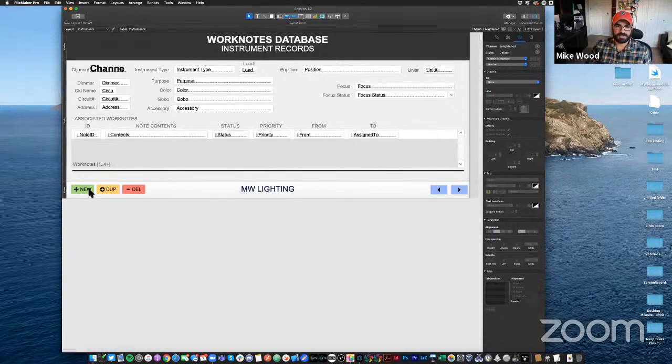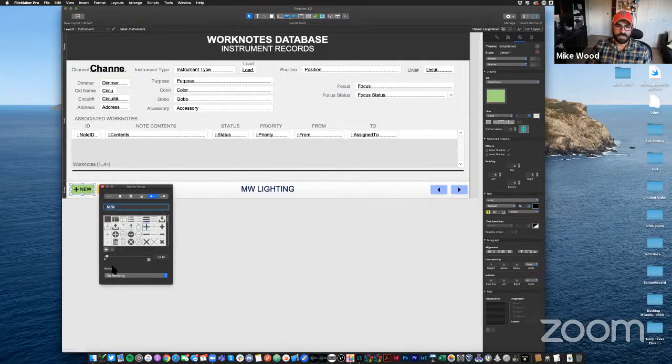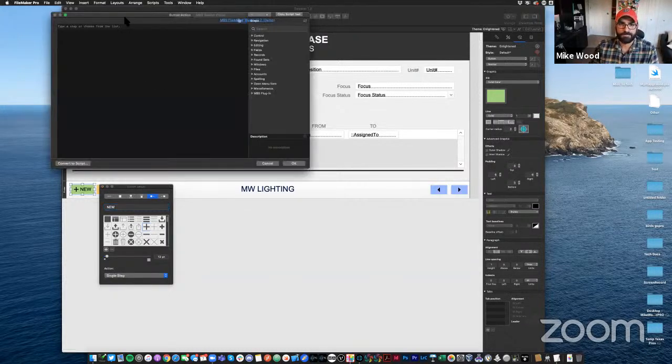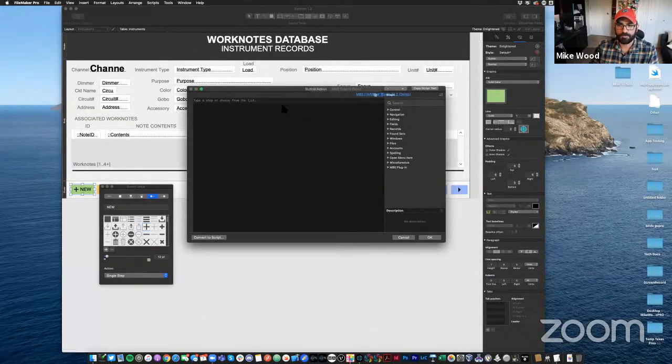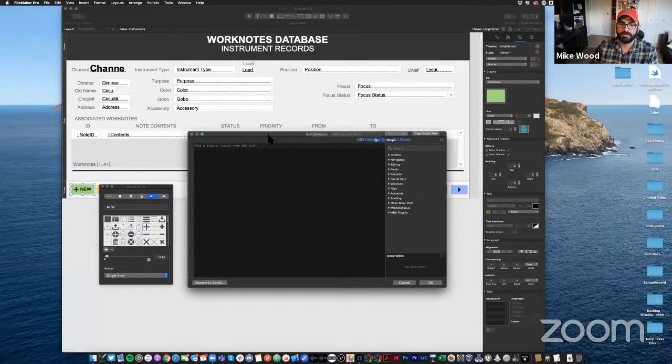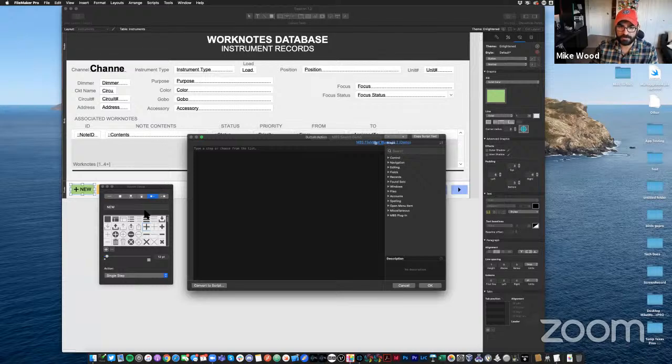So to do that, I'm going to double click on the new button here. And you see under action, it currently says do nothing. If I click on that, I can choose two different things, single step or perform a larger script. We're going to ignore the perform a larger script function for now, and we're just going to do a single step. So when I do that single step, a mini script editor here pops up. And what I can start to do